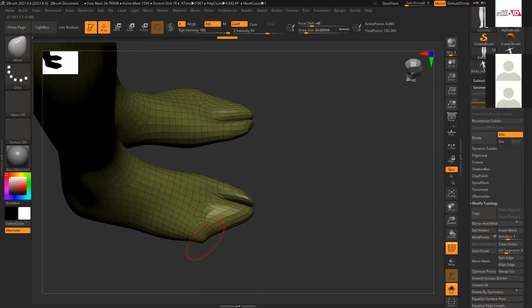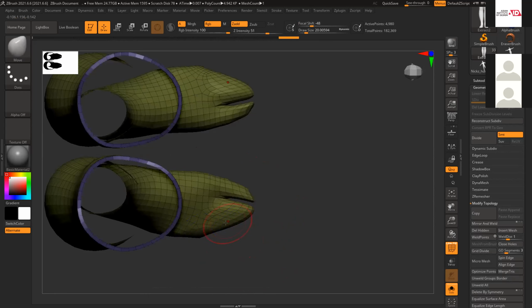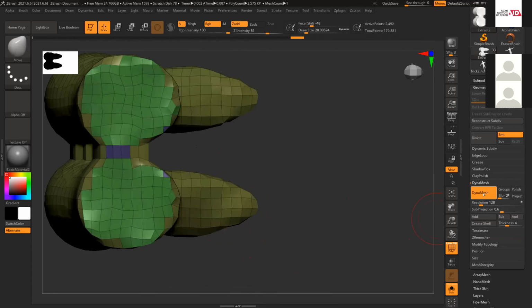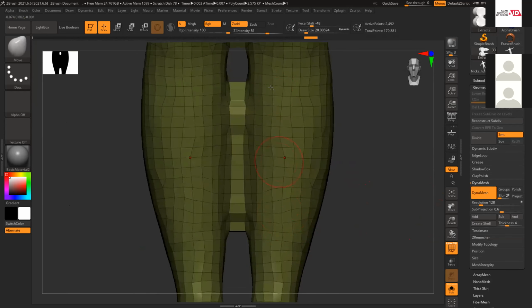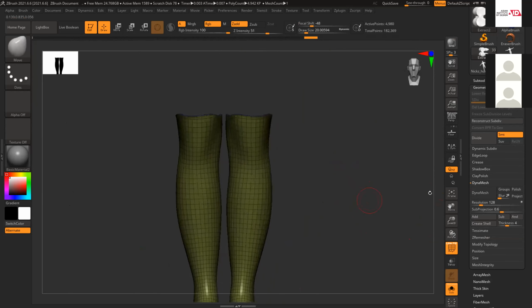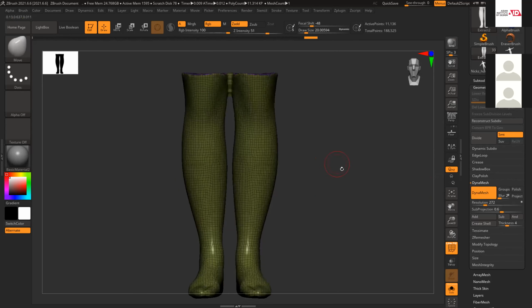Apply a Dynamesh. The Dynamesh should make it clean, but you can see it creating this issue also. So I have to increase the resolution slightly, then re-Dynamesh. Still, it's creating this issue.